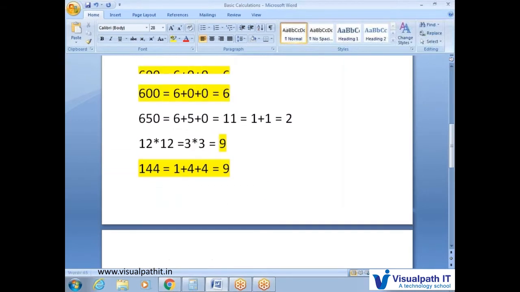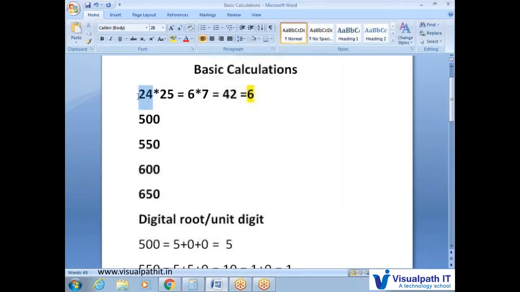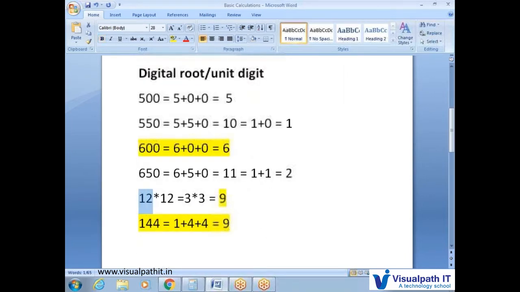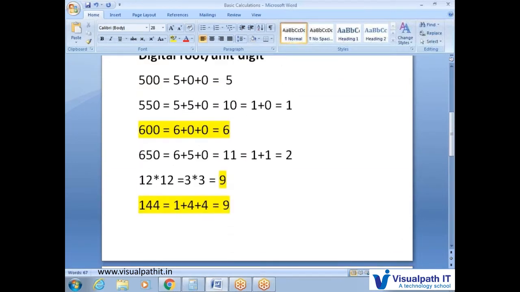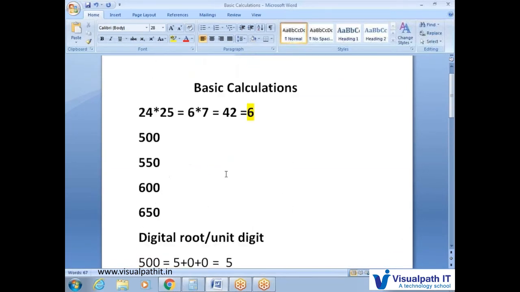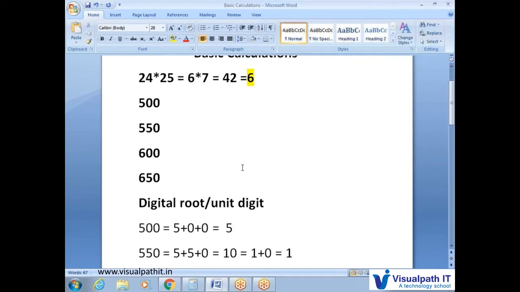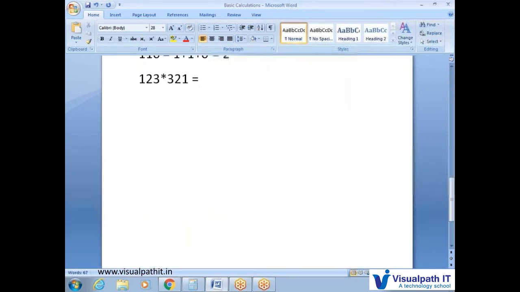And one more question. This method is only for two-digit numbers. 24 into 24: how many digits is it? Two-digit number. 25 is also a two-digit number, and 12 is a two-digit number. And one more case, three-digit numbers. So 123 into 321. Find the value of 123 into 321. Here we have three-digit numbers. Before that, the earlier method was only for solving two-digit into two-digit. Now solving three-digit numbers: 1 2 3, how many digits? Three-digit number. Again one more three-digit number.